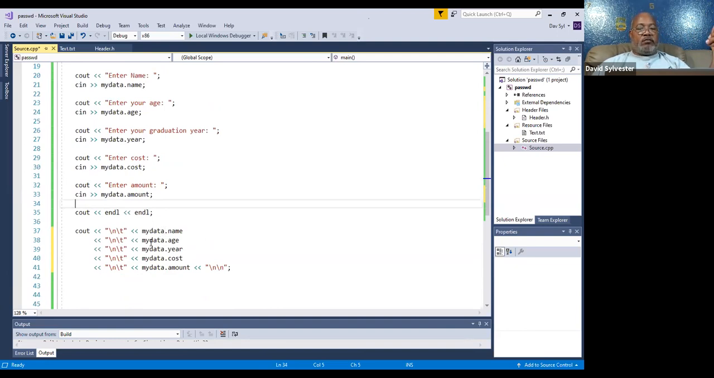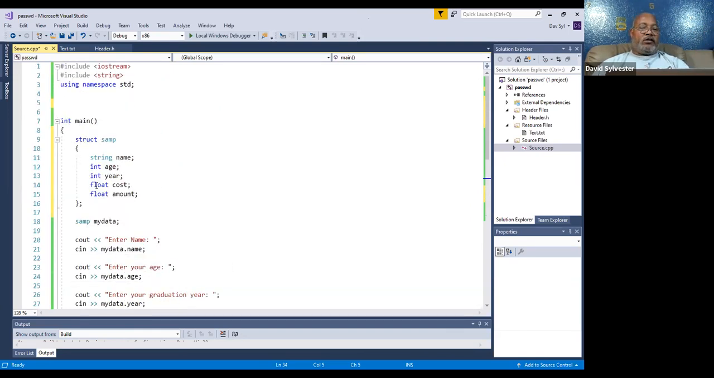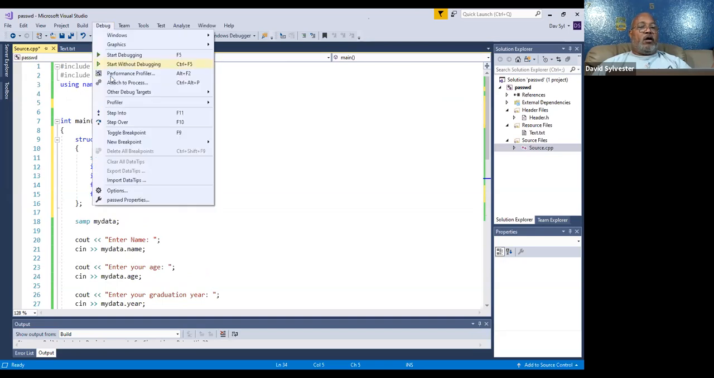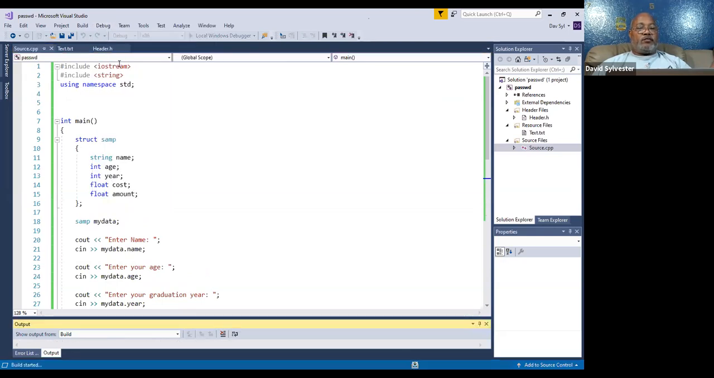All right, cout myData.age, cout myData.year, cout myData.cost, cout myData.amount. So if I run it, now I have this in here, and it should run. All right, when I run it,